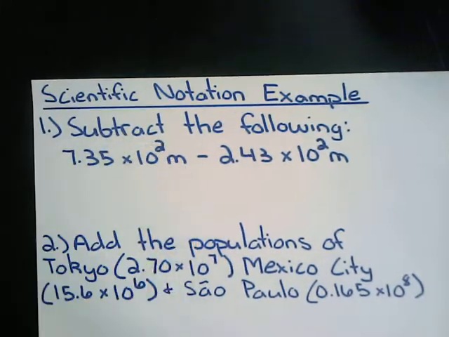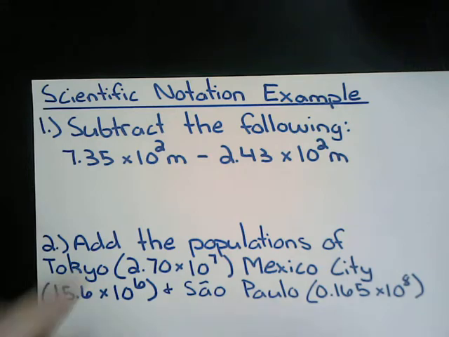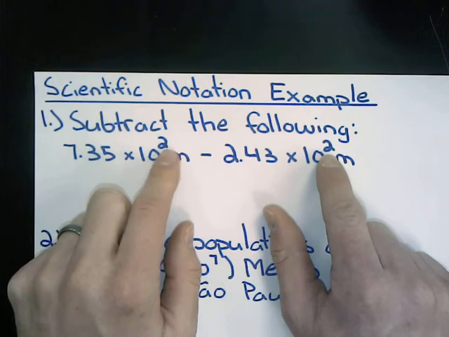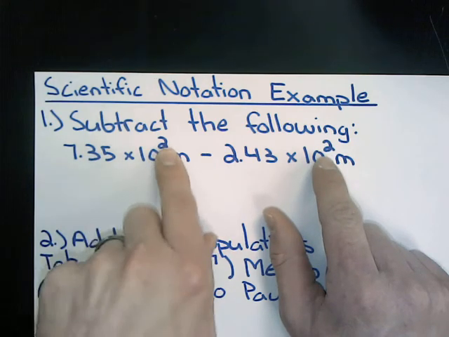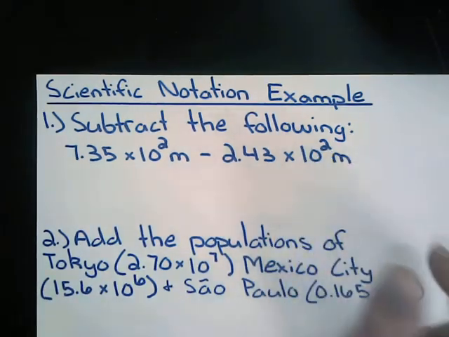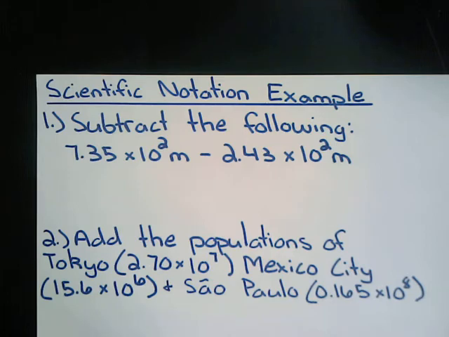Okay, so we get to our first example problem, and it says subtract the following: 7.35 times 10 to the second meters minus 2.43 times 10 to the second meters. The first thing that we ask ourselves is, is the power in the scientific notation of all numbers involved in the calculation the same? The power, remember, is what we have listed in our superscript, or the small numbers above the 10. We have a second power in our first number, and we also have a second power in the second. That's good. So that means all we have to do is